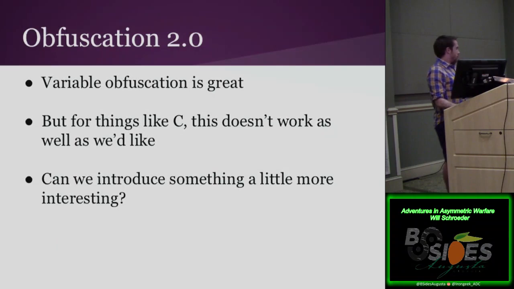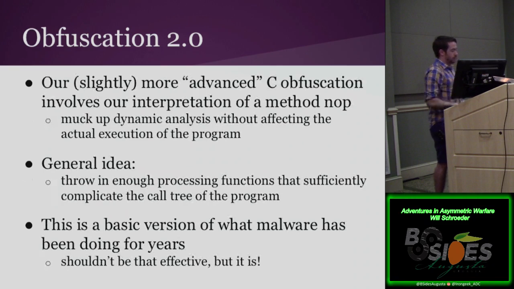So that was really super basic stuff. It was still reasonably effective in a lot of these cases. But for things like C, just basic variable obfuscation isn't going to work that well. We started thinking, okay, C specifically, because it's a lot easier for AV engines to detect some of the code in it, can we introduce something a little bit more interesting? So our slightly more advanced, I'm using advanced with air quotes because it's not that advanced,